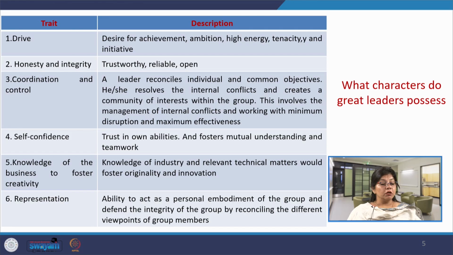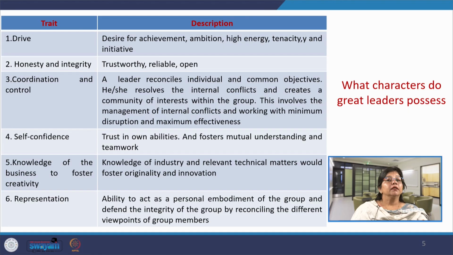The other is knowledge of the business to foster creativity. Knowledge of industry and relevant technical matters would foster originality and innovation. Now, any blind person cannot become a good leader. An individual who has complete knowledge of his area, complete knowledge of his department, complete knowledge about all the team members, then maybe it is about team members or any technical aspect or any technical objective that the organization has